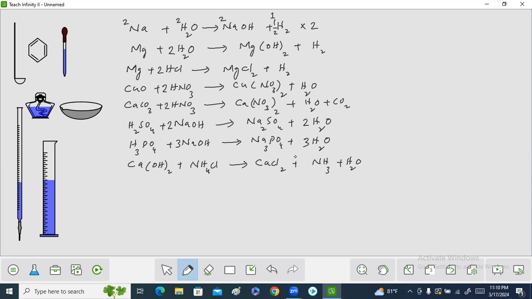So we have two chlorine, then if we put two here, the two nitrogen atoms are there, two nitrogen atoms are there. Now, if we look at the number of the rest of the elements, 6 times 2 is 6, 3 times 2 is 6 hydrogen plus 2 is 8 hydrogen, so 4 times 2 is 8 hydrogen, 2 chlorine, 1 calcium, and then